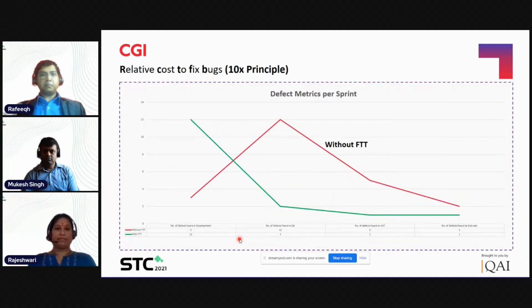And the next benefit is what we have added. We have data gathered during our PIs and during our sprints. With that data, we have pulled up some numbers and demonstrated these graphs. With FTT and without FTT, if you can see the red bar, it shows the number of defects introduced in the QA period. Here, it is higher after the development is completed. But when FTT is introduced, this green line shows all the bugs are resolved during the development phase itself. So when it comes to QA, UAT, or production, it is actually zero.